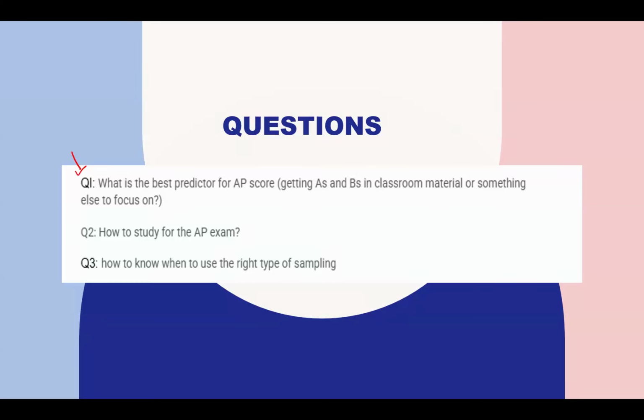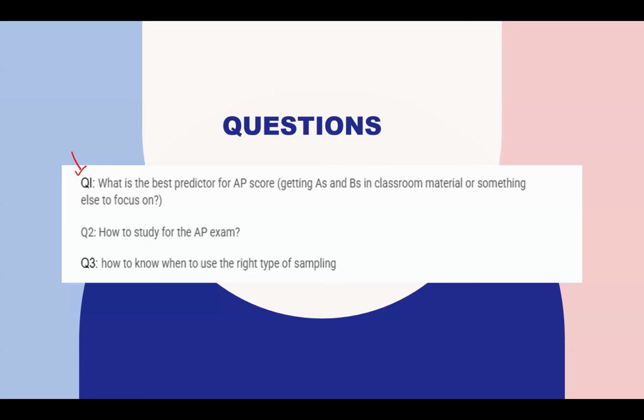So I personally feel that your grades do have a correlation to your scores, but not a strong correlation, because it can really depend on how well versed the teacher is in the AP grading and how precise they are, making sure that the kids know the expectations.